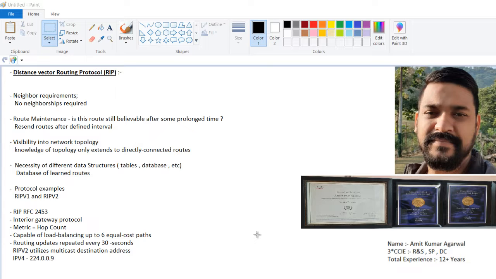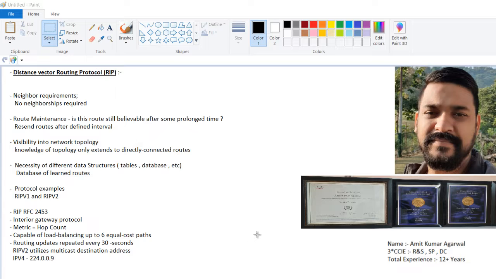Due to that reason, we move to other routing protocols, so it will help you to differentiate the benefits and drawbacks between two routing protocols, and in your career it's easy for you to decide. Let's suppose you get a chance to decide what routing protocol you need to use in your environment, so you can